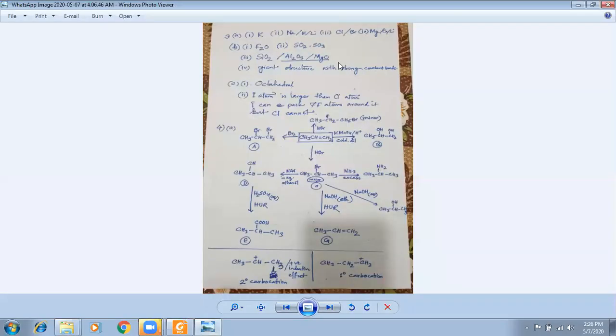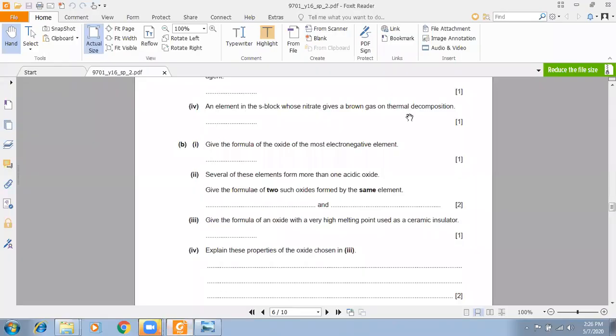So look at this one. I have given sulfur dioxide, sulfur trioxide. So this could be an answer. Next one. Give the formula